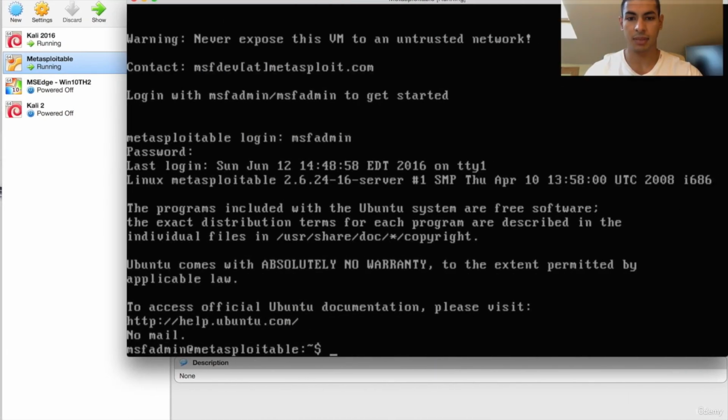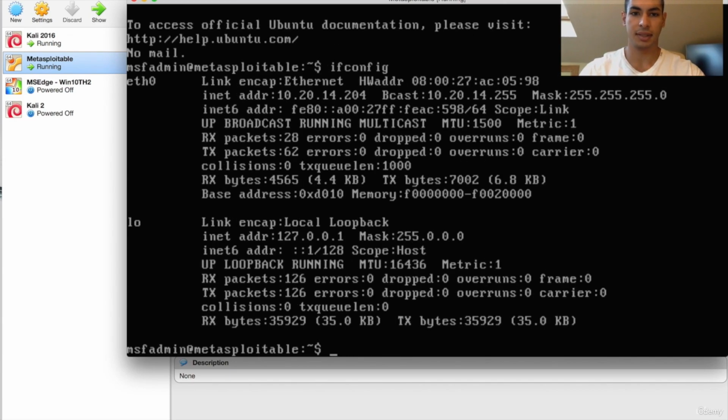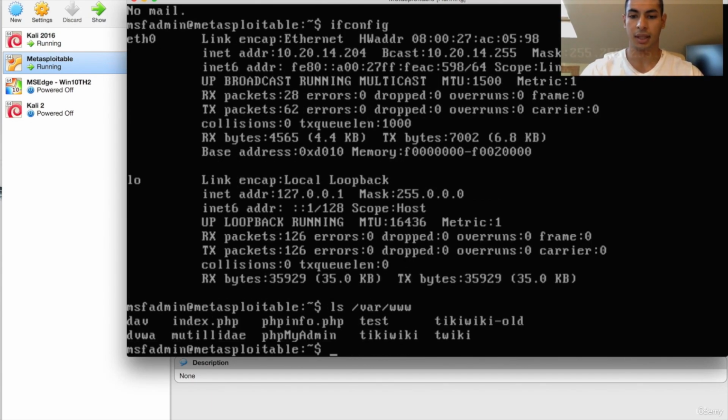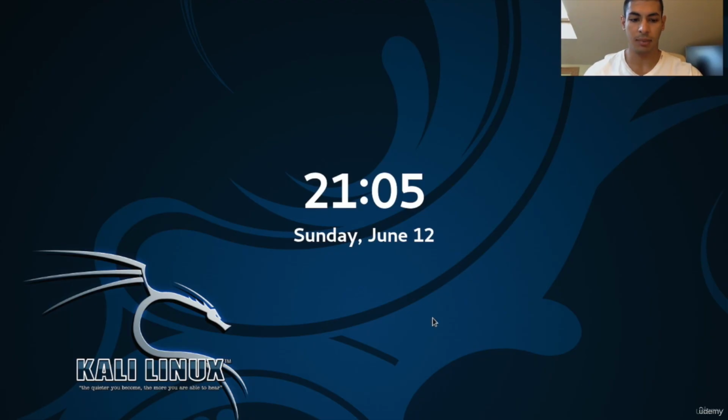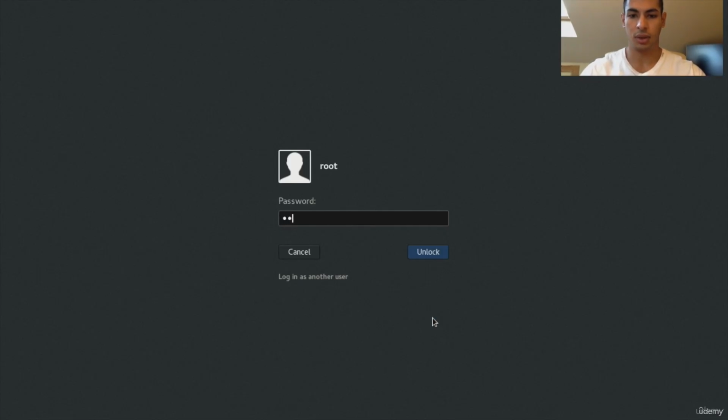So my target is going to be this Metasploitable machine. If we do an ifconfig on it, you'll see its IP is 10.20.14.204. All the website files are stored in a directory called /var/www, and you can see that we have phpinfo, Mutillidae, DVWA, and phpMyAdmin. So if we go to the Kali machine, or any machine on the same network, obviously,